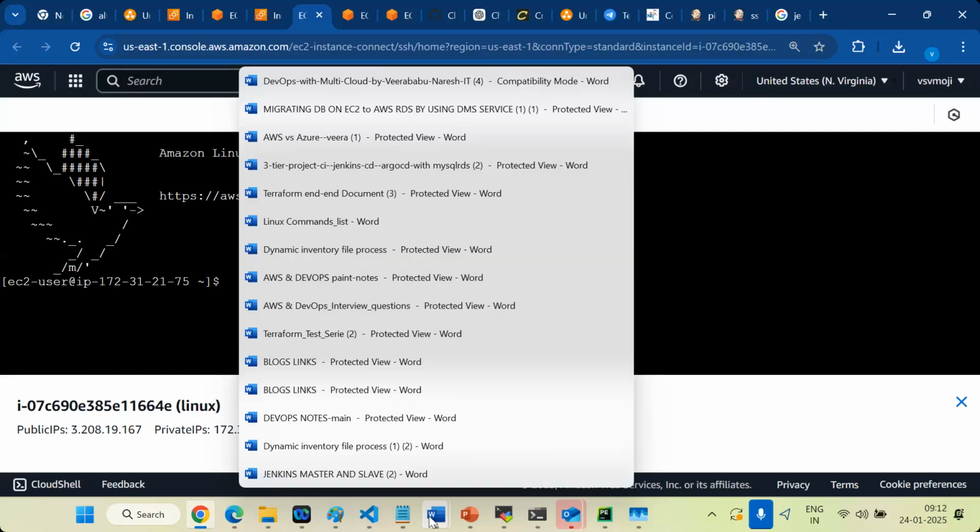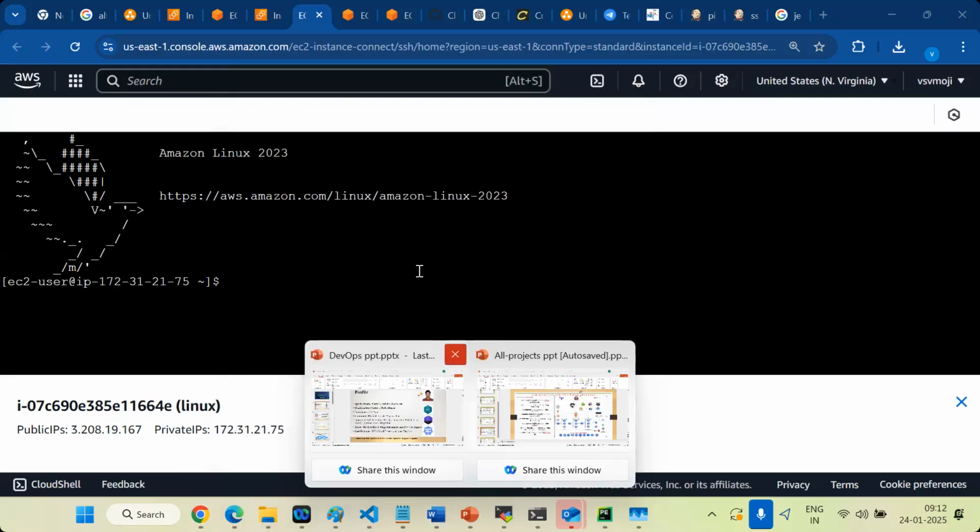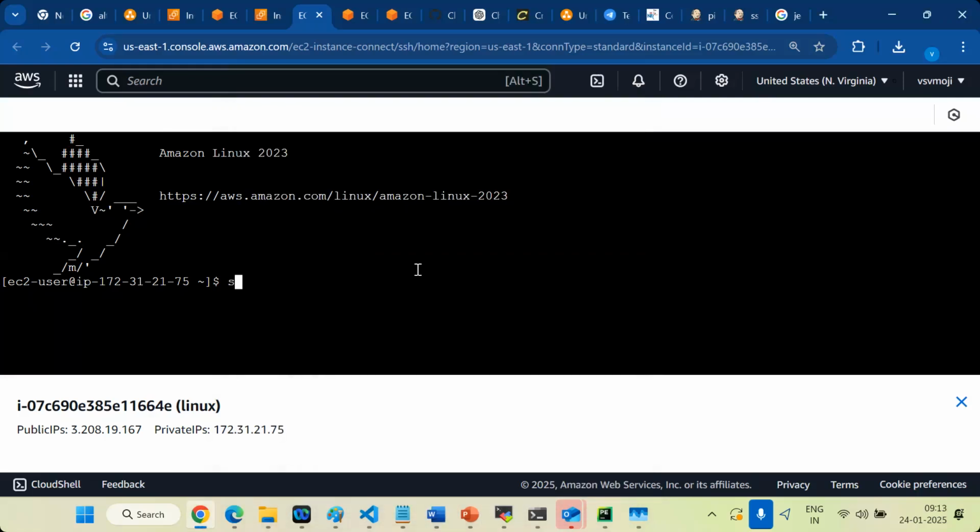Yeah. So login as a EC2 user. Very important thing, guys. If I want to install something, packages, I just use yum install and install the packages.